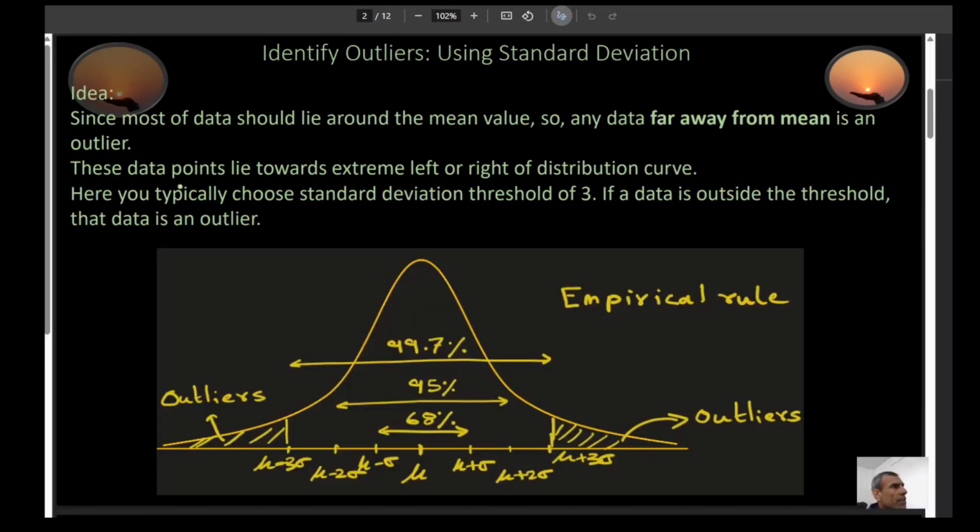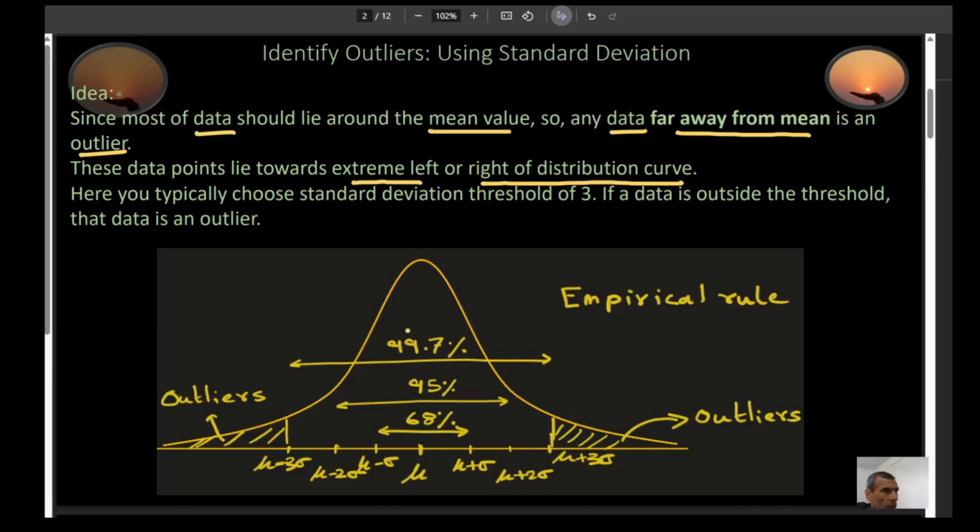So the idea is this. Since most of your data should lie around your average value, around your mean value, any data that lies far from your mean value would be a candidate for your outlier. Those points would be your outliers. And these data points would be lying towards either the extreme left or extreme right of your distribution